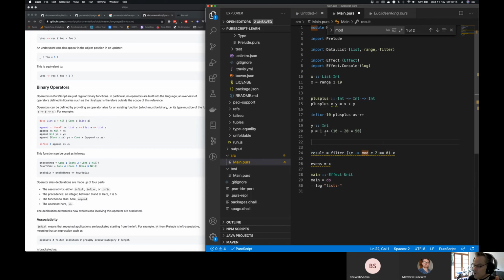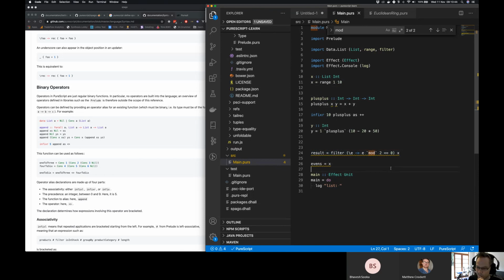However, what you can normally do is, for any function that suits this kind of layout, you can backtick it. So I could still call plus plus by putting backticks around it, which will convert it to an infix function. That's a Haskell thing. You can absolutely do that. So the better way to write this would still be with mod, but you backtick the mod, and then it converts it into an infix function.